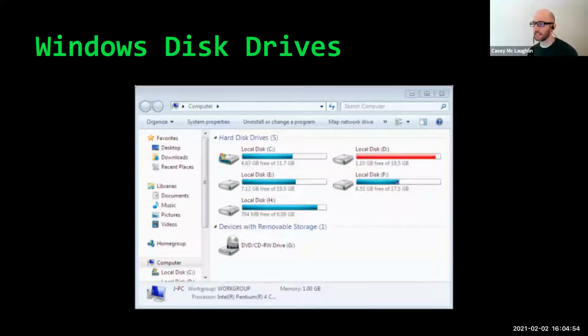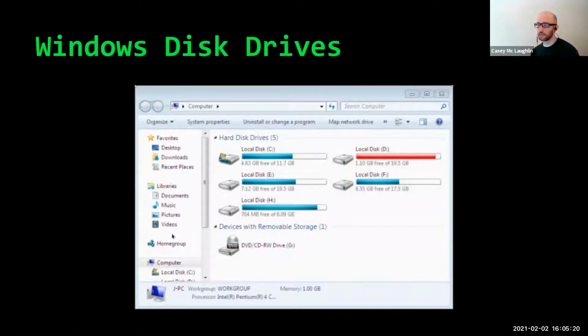So C, D, E, F, and H. These are all hard drives, and like I said, with very few exceptions, these represent physical devices. So if you plug a USB drive in, Windows automatically assigns a letter to it, whatever's available, and you can interact with it using that interface.